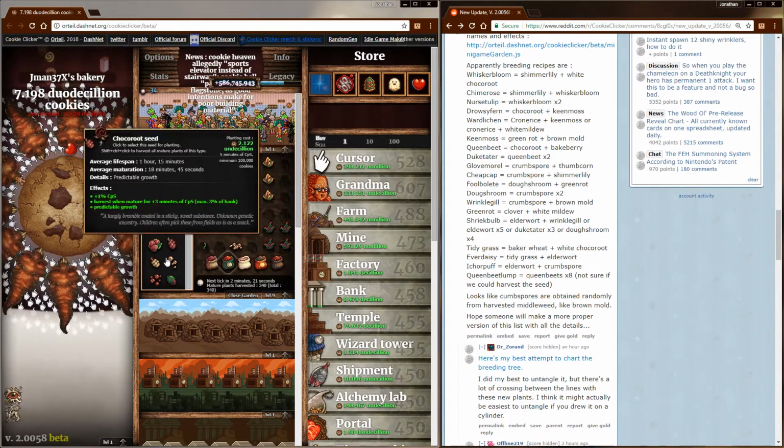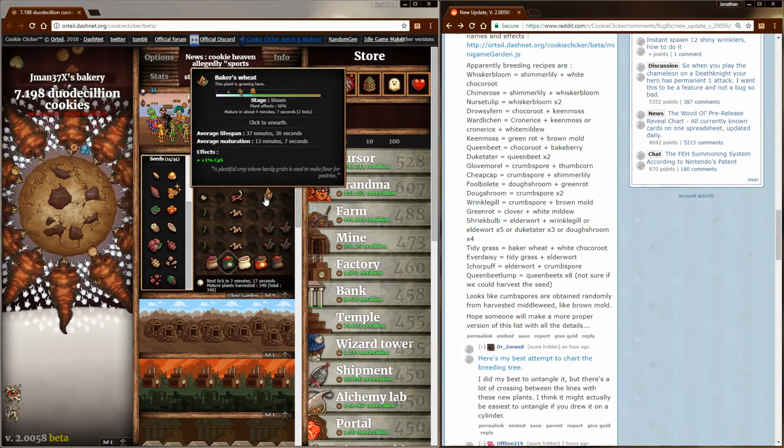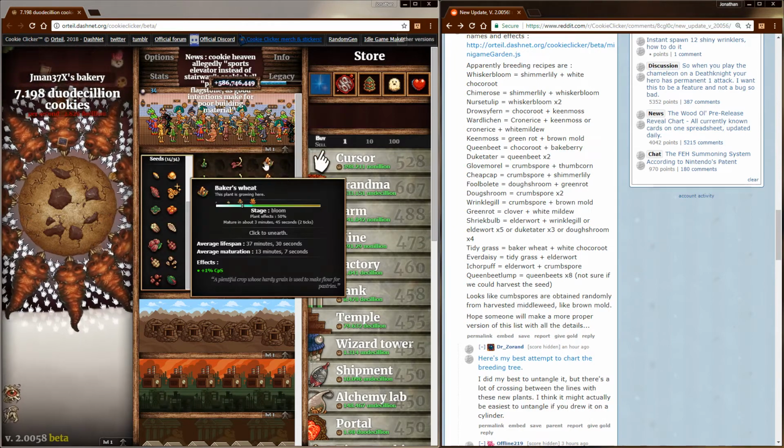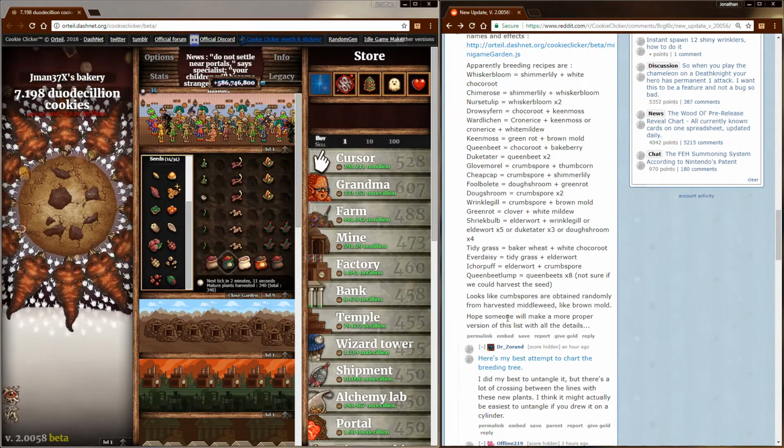Apparently you get those the same way you got the brown mold seeds originally, just by harvesting middleweed. So I'm just growing those here so I can try working towards that. Basically I'm working towards four new plants here that I can start, because crumb spores in particular seem